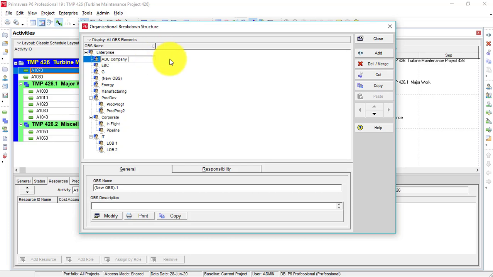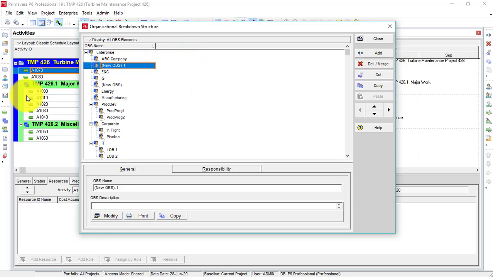So first I add my company name, and again I click on this Add button and here I add a department. You can add different departments here. Again I repeat myself, it's all up to you.